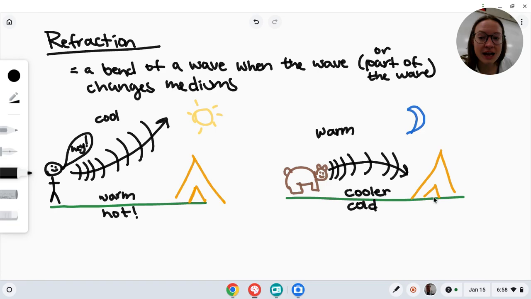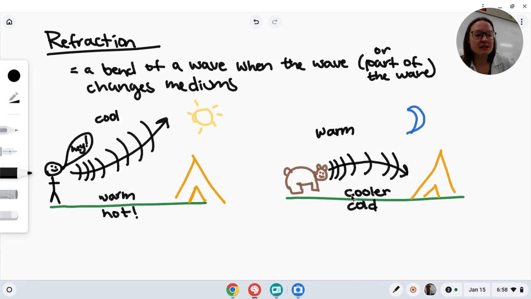And so, in the summertime, when you go camping, in the daytime, the sound waves all curve up and away from you. They all curve up away from your head. In the nighttime, though, the sound waves all curve down towards you. And this is because of refraction of sound waves and because of the different mediums that sound waves travel through when you have different temperature air. There's a little bit on refraction.